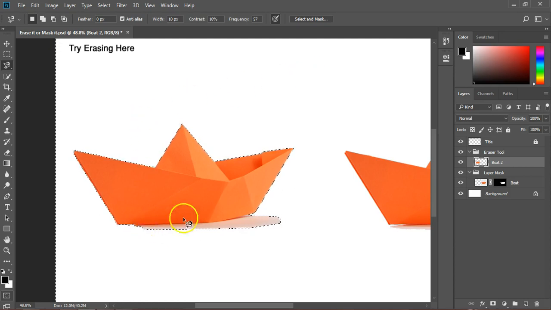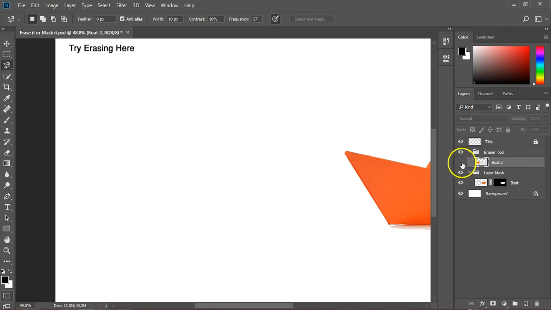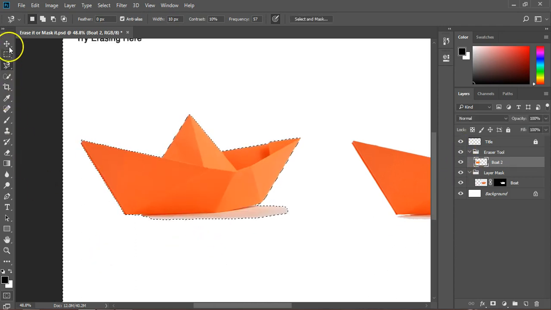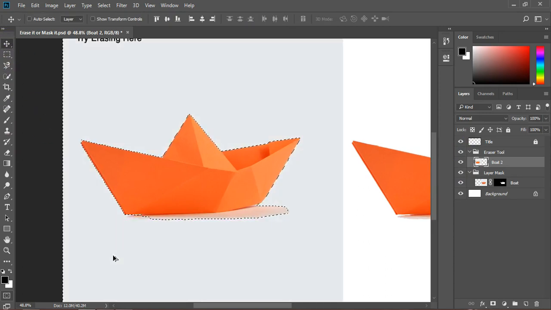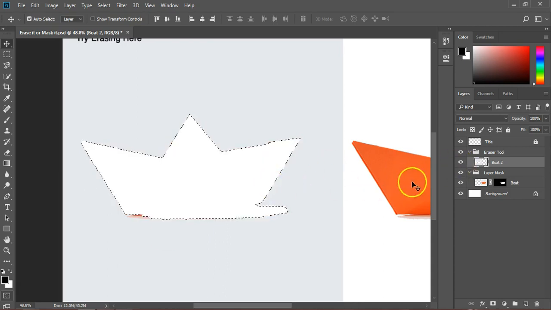So we have destructively removed a part of the image by creating a selection around it, or maybe inversing the selection, whatever. Ctrl D to deactivate the selection. Now there's no background to the boat 2 layer and the image is on a transparent layer. Now to be on the safer side, press Ctrl Alt Z to keep undoing until you get back the boat's background. If we hadn't inversed the selection, we could have got the grayish background with a boat shaped hole in it. But I think everybody is smart and creative enough to figure that out.